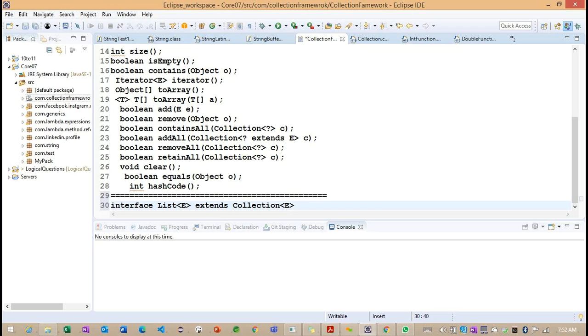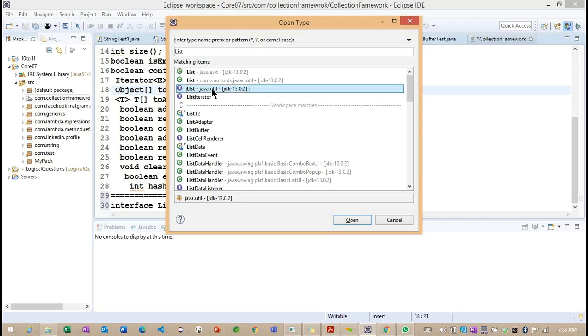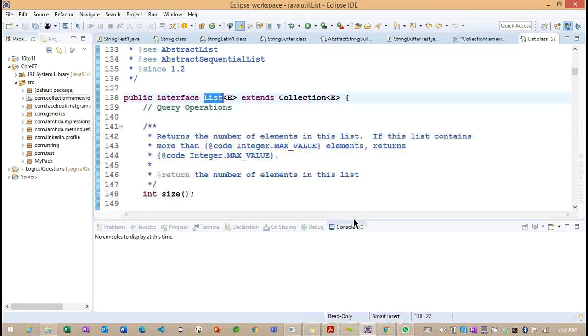And as we discussed here, this is the generic interface. Getting the point. This is the generic interface here. Observe here List. So this particular interface we need to discuss. So List is available inside the package called java.util. If I open this particular List interface, now you can see it is extending from the Collection.